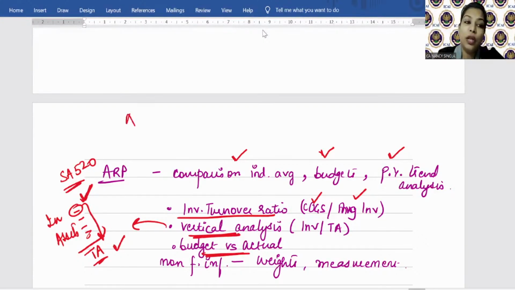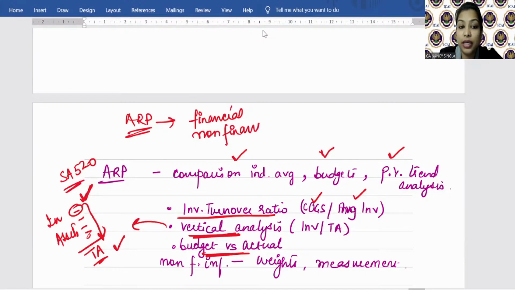And students, you all have done in analytical review procedures that it includes what? Financial as well as non-financial information. Try to relate it with your chapter number 8 understanding. So the auditor can also consider certain non-financial information like the weights and measurements, and he may perform various comparisons and trend analysis. So it's good that many of you have answered it correctly. SA 520, that is good. Except for one student, please correct yourself, right? So it is not 530, it is 520. So the auditor may consider that.